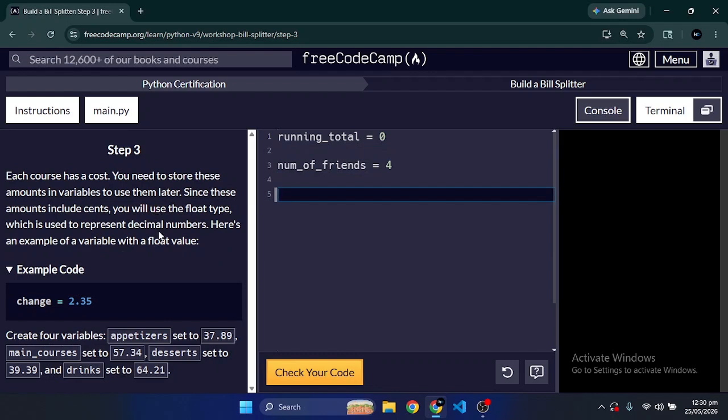So step number 3 is each course has a cost. We have to store these amounts in a variable to use them later. So these amounts will include cents, so we have to use float data type. We have to create 4 variables: